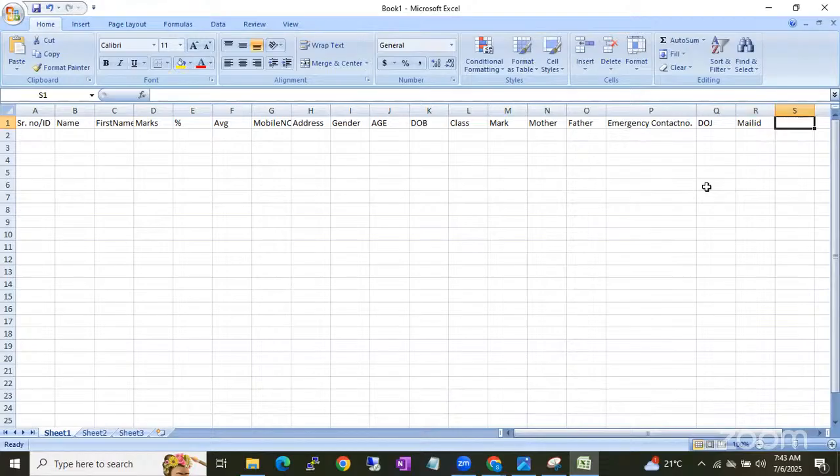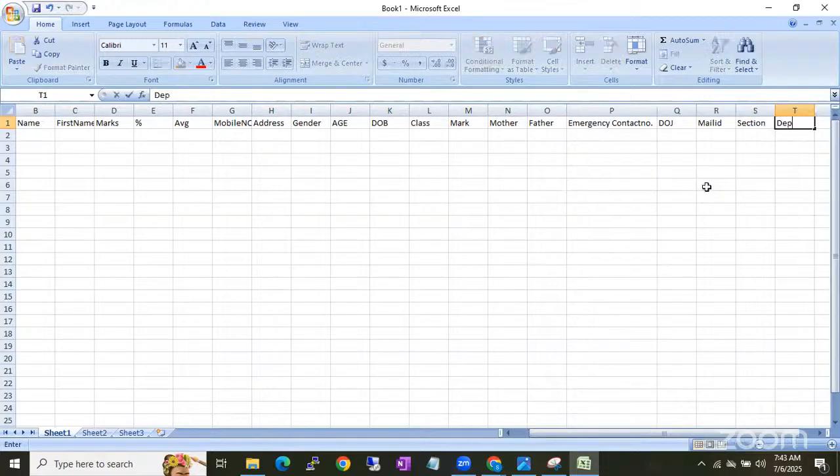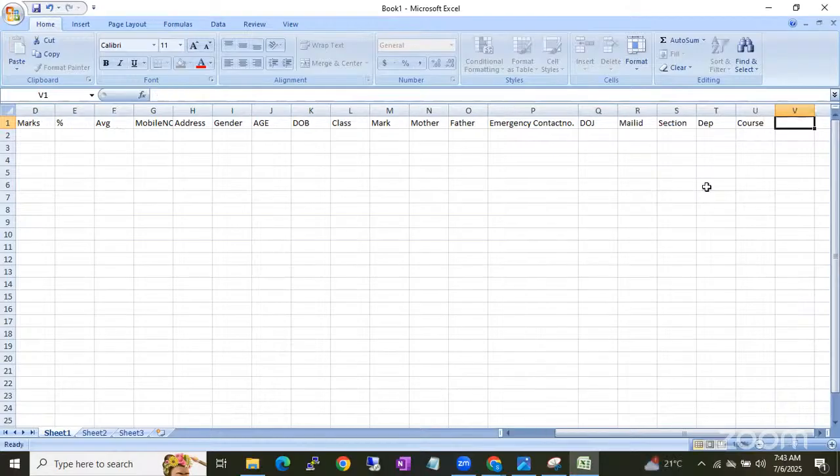So, a very important column people are missing: student last name. Last name, department. First name, last name, I have added. Standard, department, class, section, course. Next, what else? Class, I have added. Fees. That is a very important column, right? It is very, very important. Right, so if you see here, we can track a lot of